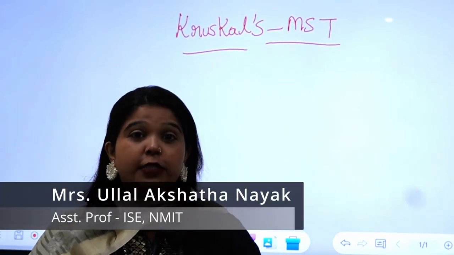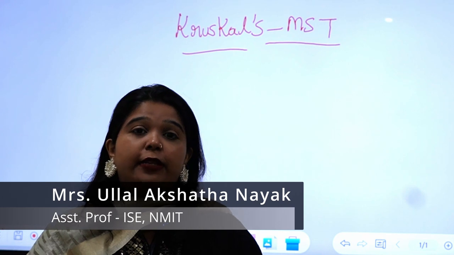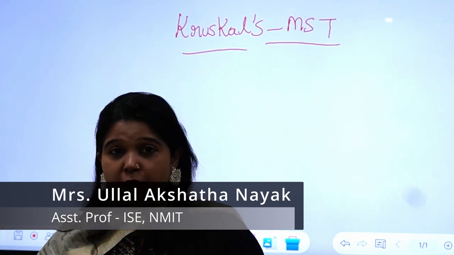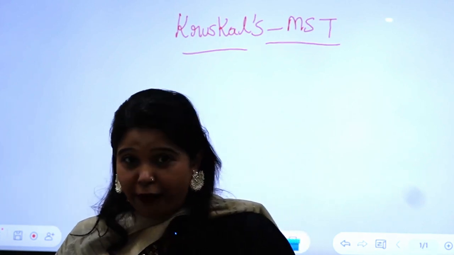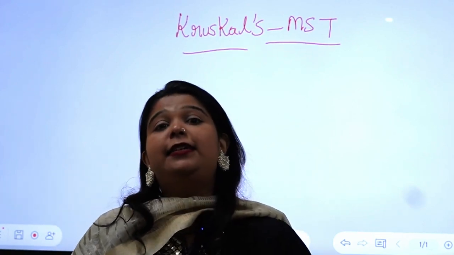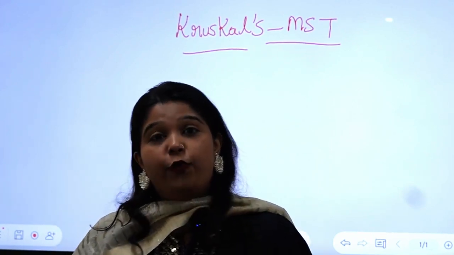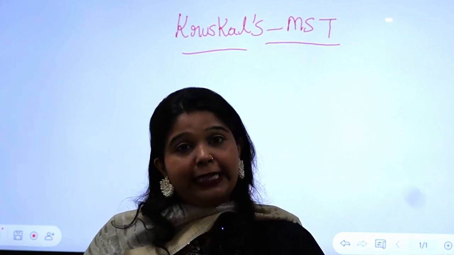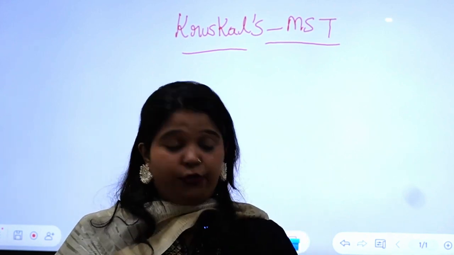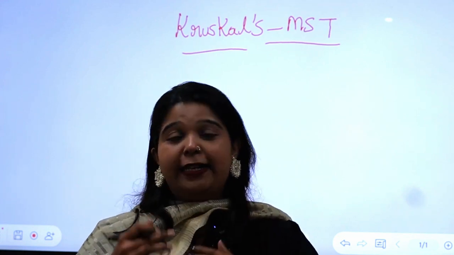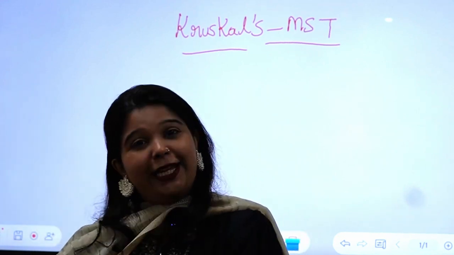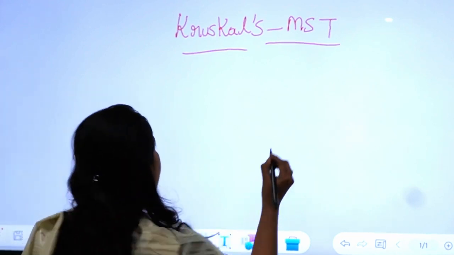Today I will be talking about Kruskal's algorithm, which is nothing but the minimum spanning tree. When I talk about a minimum spanning tree, from the given graph, which is an undirected graph with some weights, we would be calculating the minimum weights from the given tree. So let's consider one example and see how we can get a minimum spanning tree from the given graph.